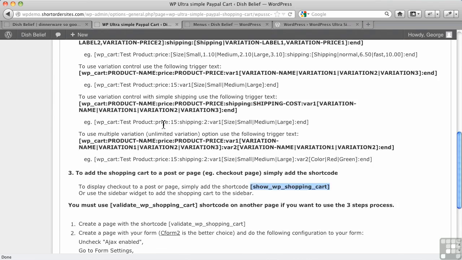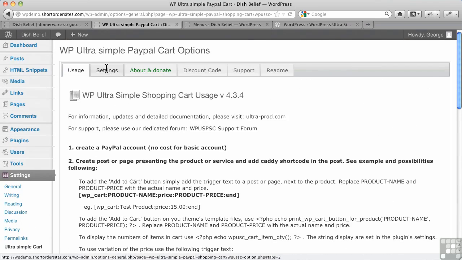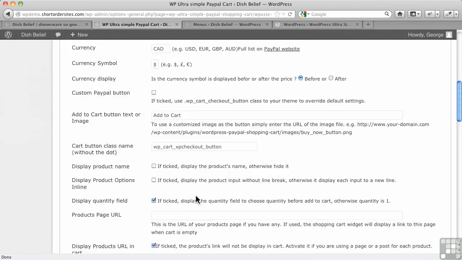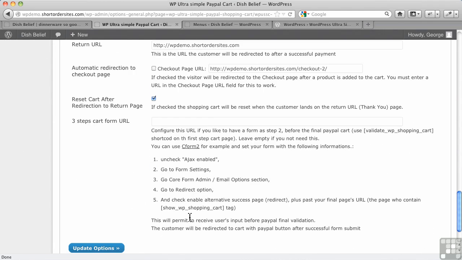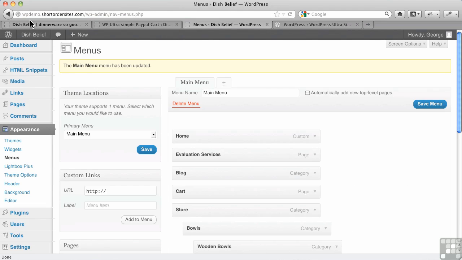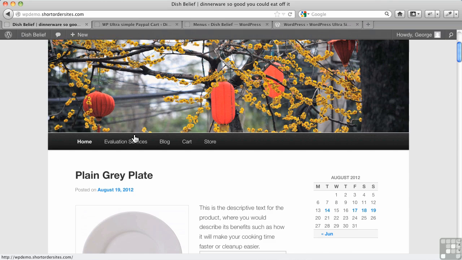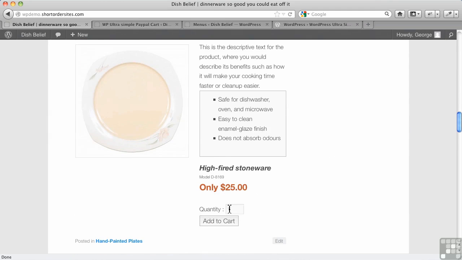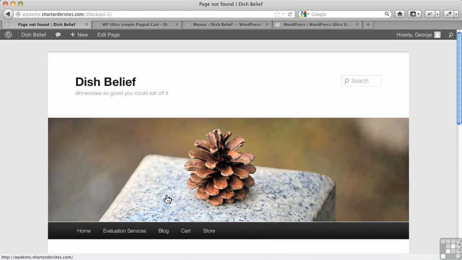I can change that. I go to my settings and I say to it, all the way down at the bottom here, automatic redirection to checkout page. Okay. I update my options. And now let's go back over to here. Let me add 5 more just so we know we've added a lot. Now what it's done,